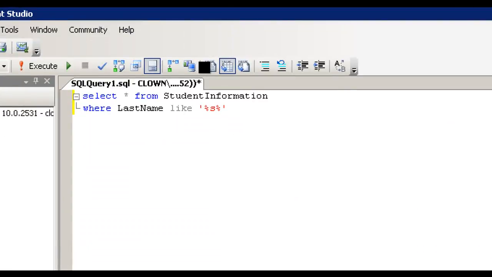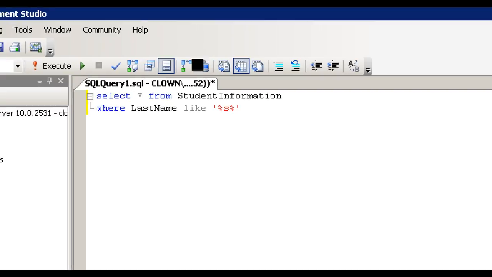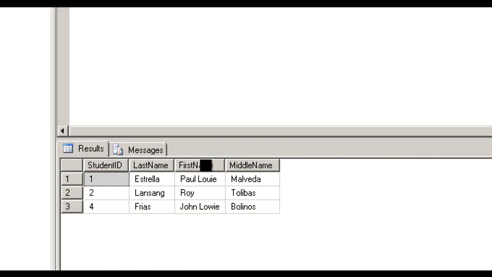Select all from student information where last name like percent S percent, meaning the last name has letter S in it. So the result is 1, 2, and 4, because Estrella has the letter S in its last name, Lansang also, and Prias. That's why it shows the 3 results.